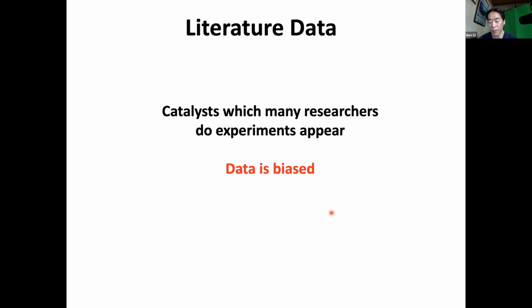So we found that literature data from the past 30 years of articles can be a little tricky, because whenever people find a new catalyst, they tend to focus on that one specific catalyst. So the data can be quite biased. Even when people find a new good one, they only focus on similar catalysts. Some of the data is also not consistent, like some patent data where they tune or fix the experimental condition, so it doesn't represent catalytic properties. So literature data can be quite challenging. It's biased, so we realized that we have to create data ourselves.